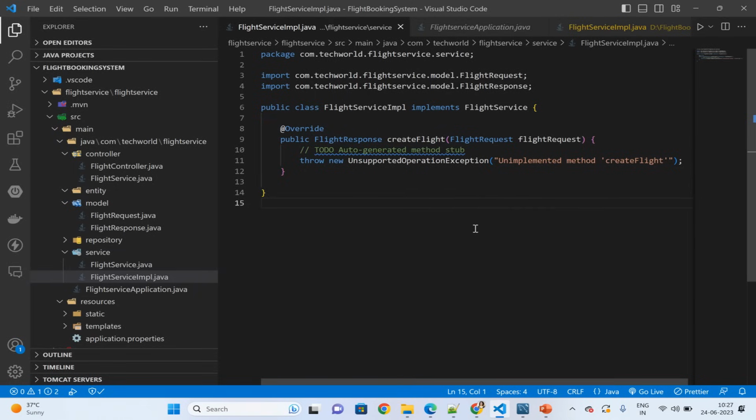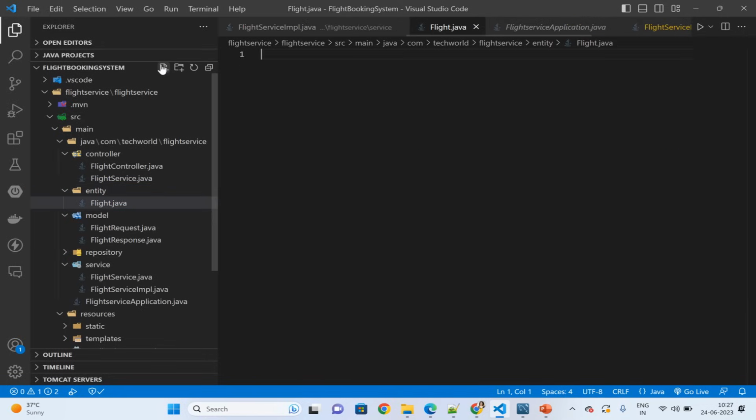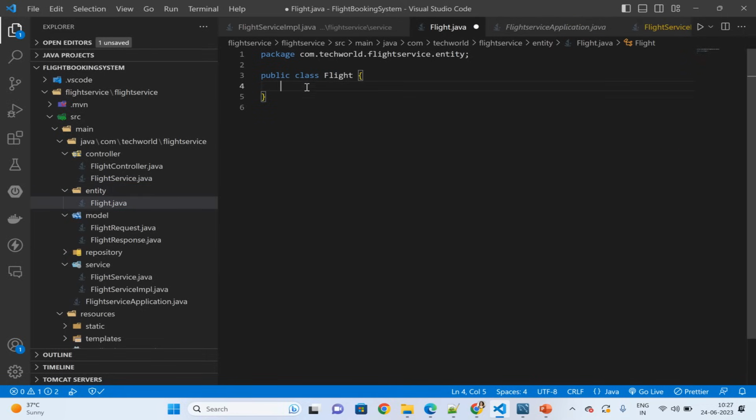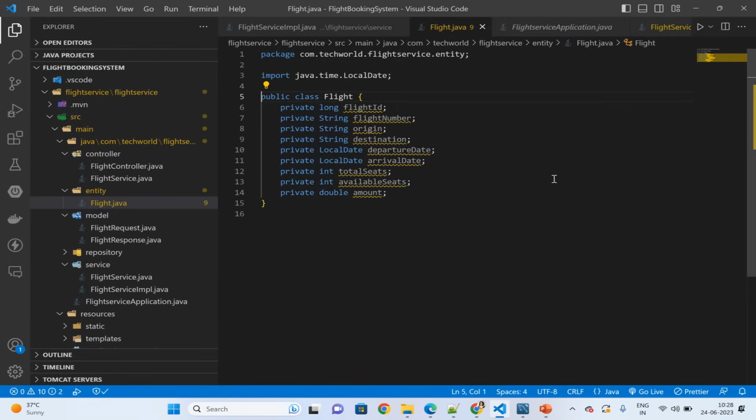This create flight method will consume the flight request and it will generate a flight entity, and this flight entity we will persist in our database. So let's create that entity, Flight. This flight will have the same parameters as we have seen in the flight response. We will also use Flight as a class, not as a record. I will explain very soon why we are using class for flight and flight response and record as a